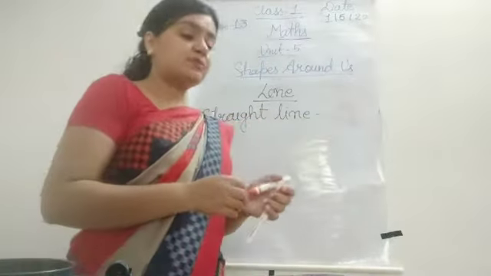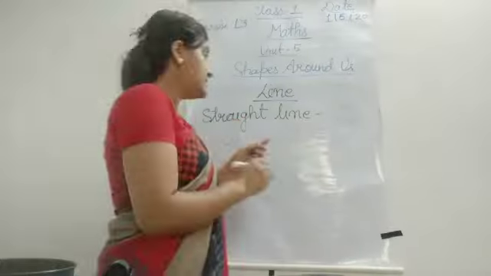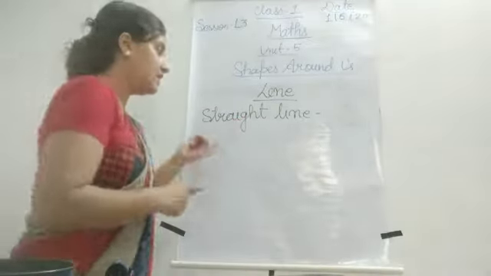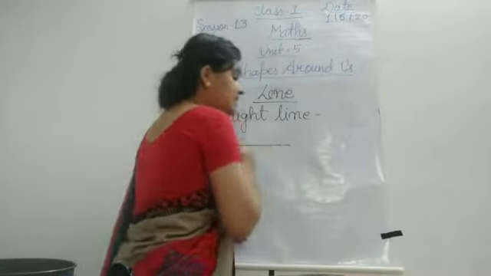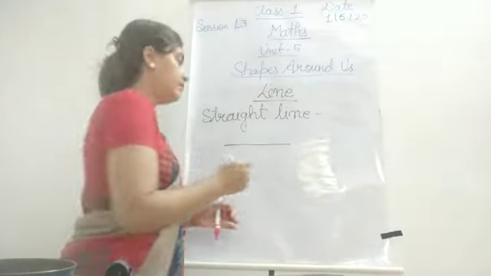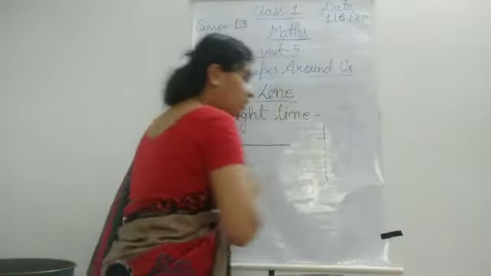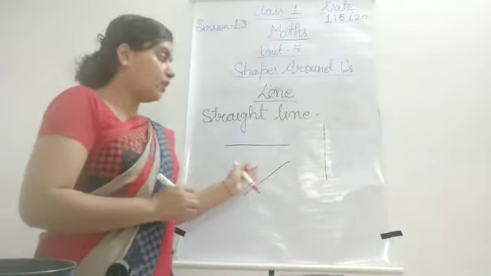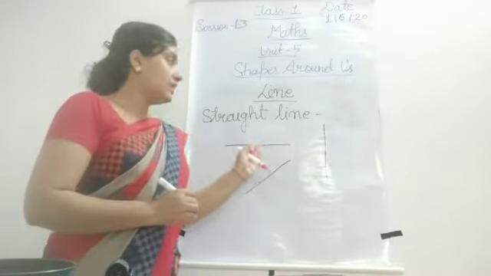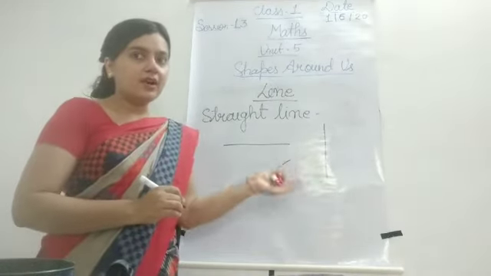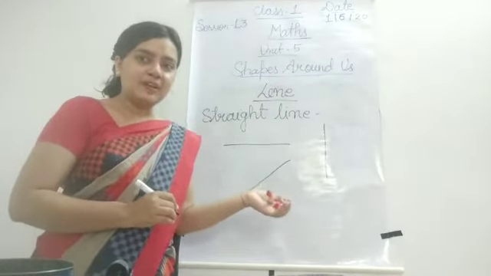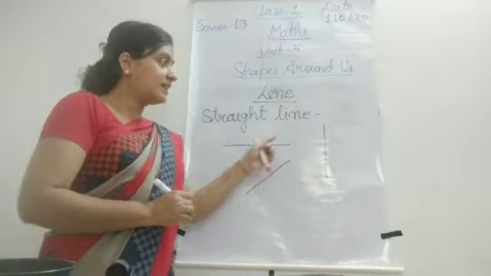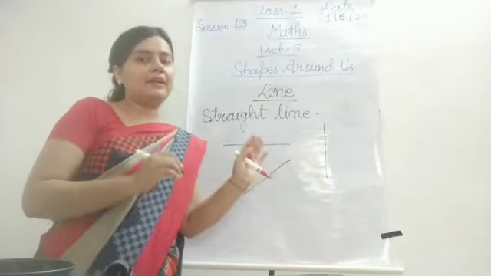Now, how many types of straight lines are there? I can draw a straight line like this also. In this direction also I can draw a straight line. In this direction I can also draw a straight line. Now this also I can draw a straight line. These are not turning from somewhere, no. They all are straight lines. So they all are of the same category. No, na. This looks different. Yes, they all are straight lines.